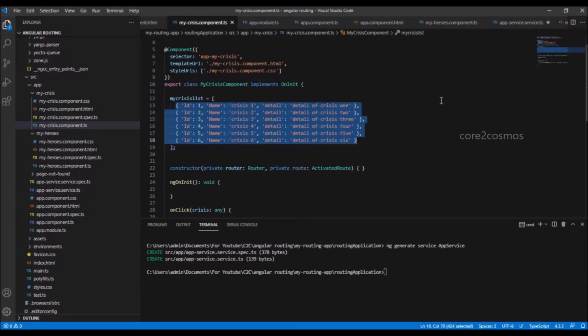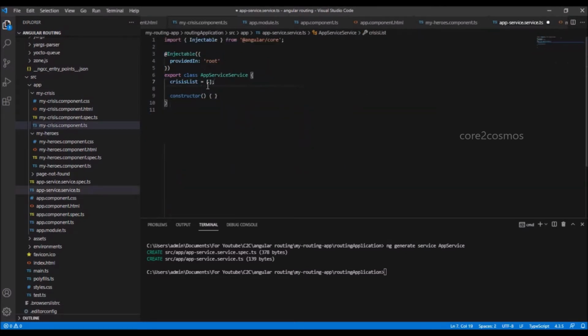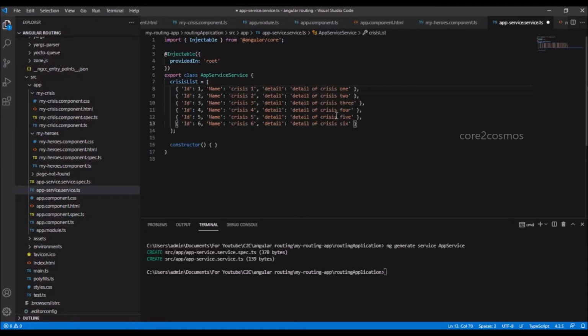I paste these values in the crisisList variable that I have created in the service file. Now I have to export these values to my crisis component.ts file.